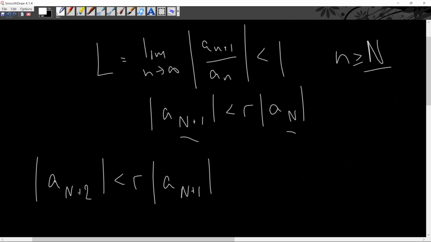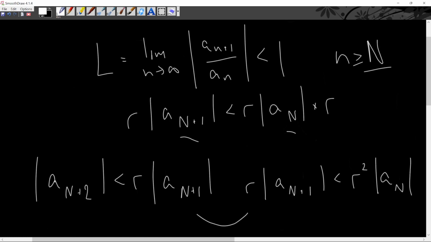And since this is an inequality, anything that we do to one side, we can do to the other side. So if we multiply this by R, we can also multiply this by R, and this inequality would still hold up. So we can also say that R times a sub N plus 1 is less than R squared times a sub N, right? And then from here, we can combine these two